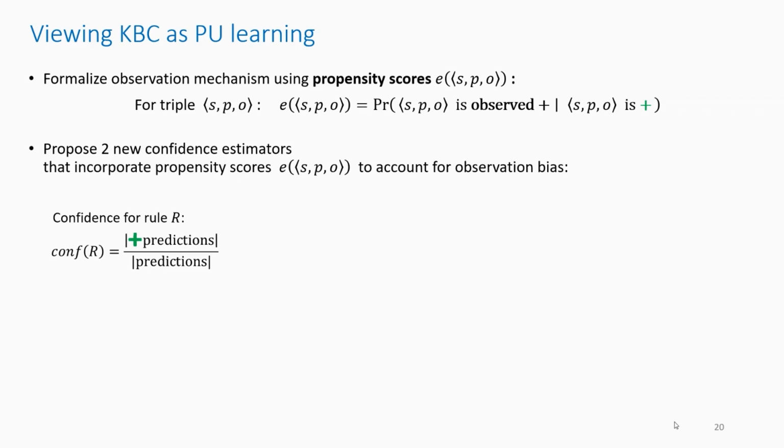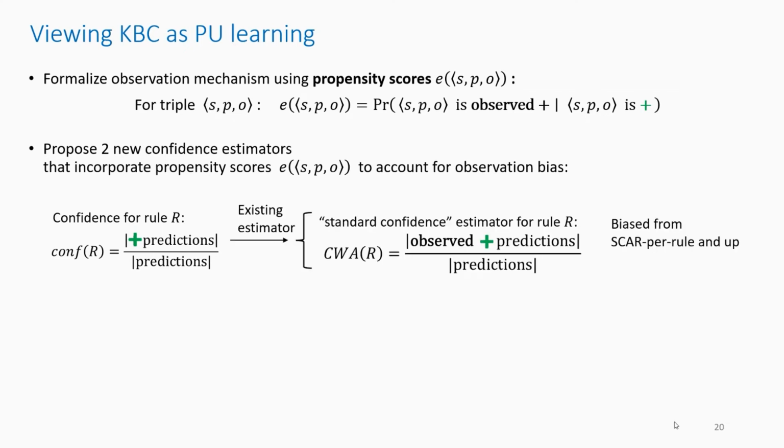We propose two new confidence estimators as well that incorporate propensity scores to account for observation bias. So, remember, the confidence of a rule is just the number of positive predictions out of all predictions. An existing estimator is the standard confidence, which is based on the closed world assumption. Instead of counting all positive predictions, it counts all observed positive predictions. In our paper, we show that this confidence estimator is a biased estimator for the SCAR per rule assumption and